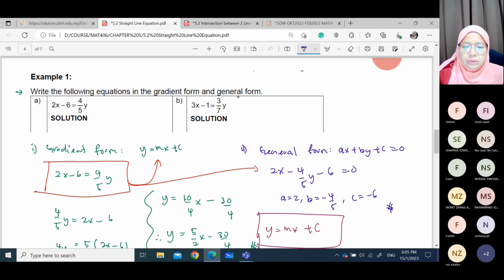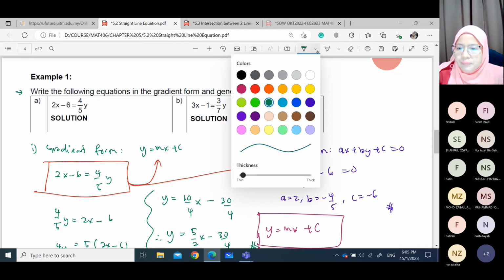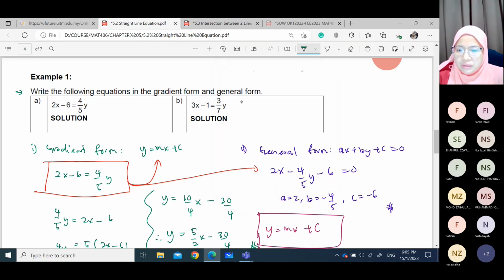So kalau dalam bentuk gradient, in the gradient form, it is about apa dia? 3/7y equivalent with